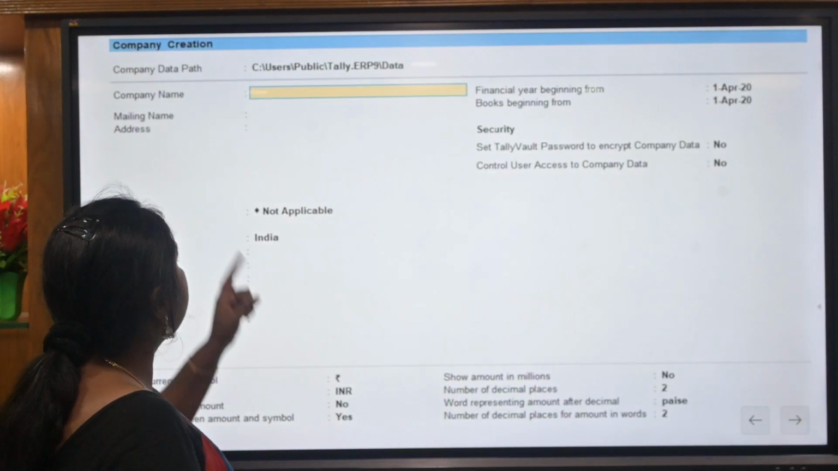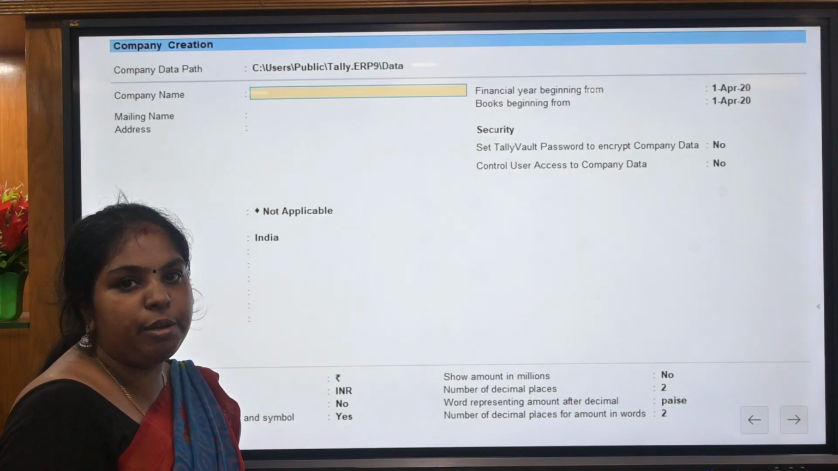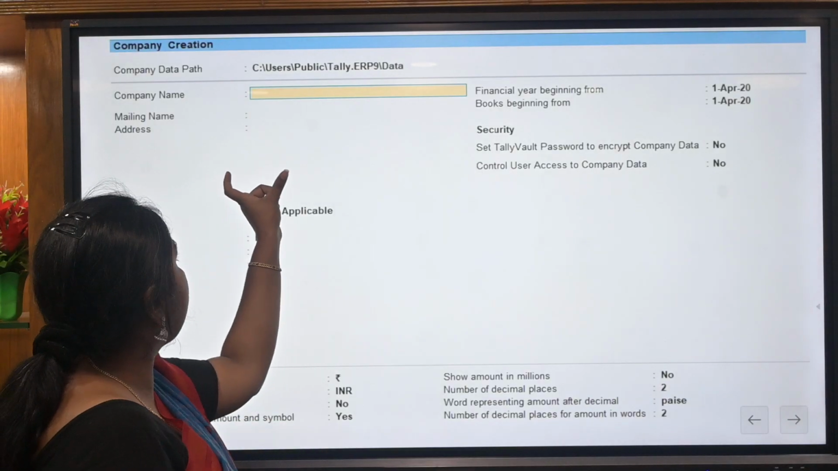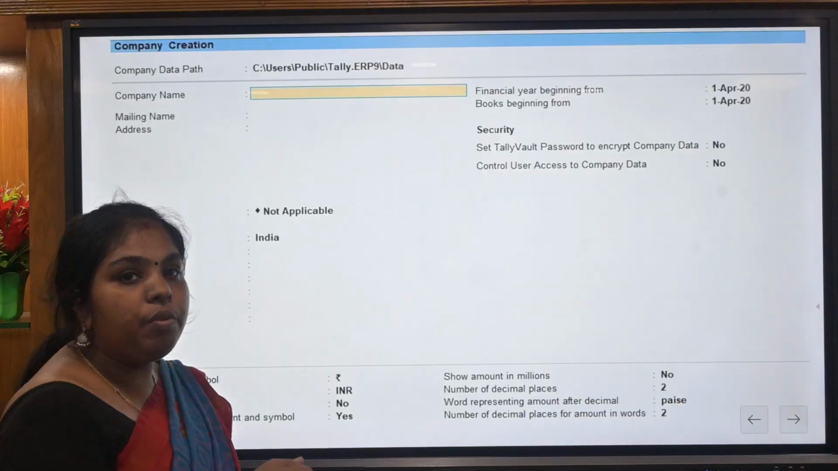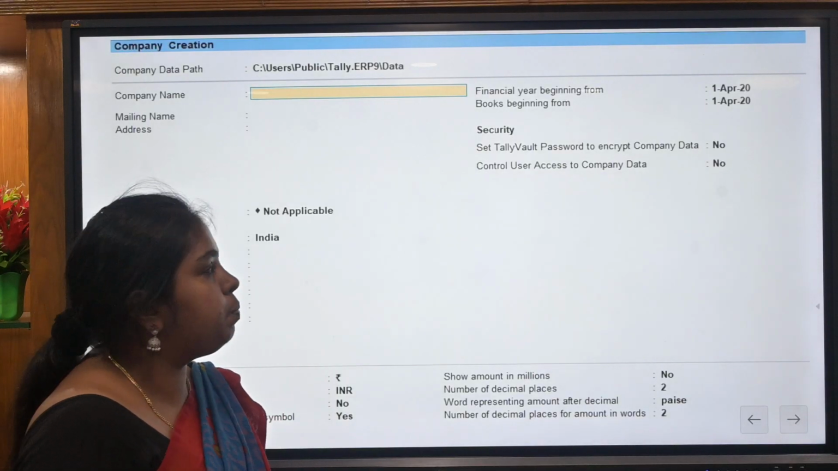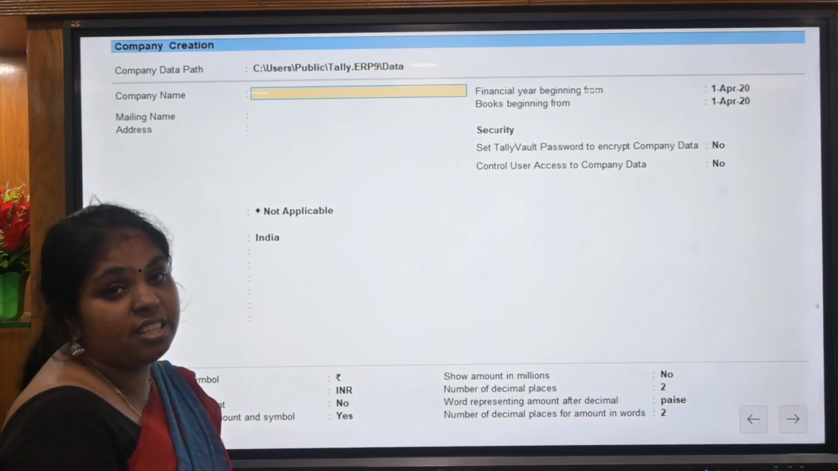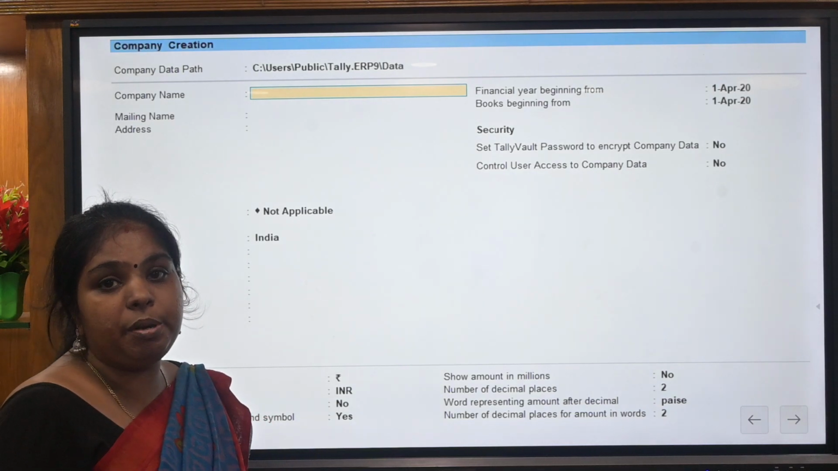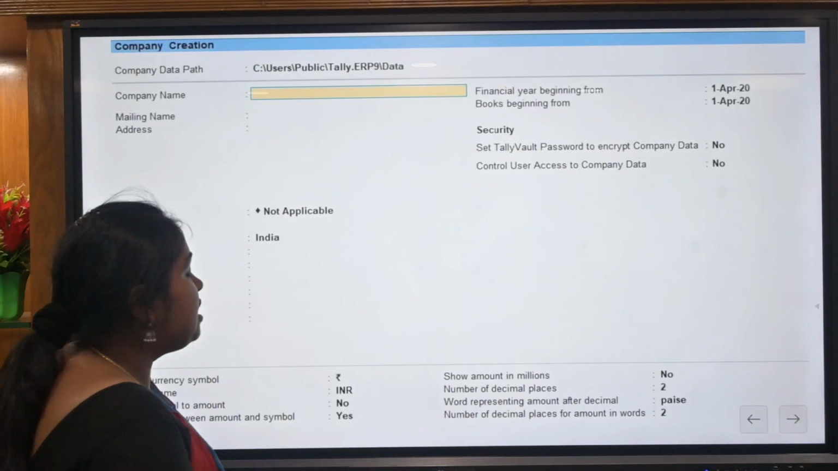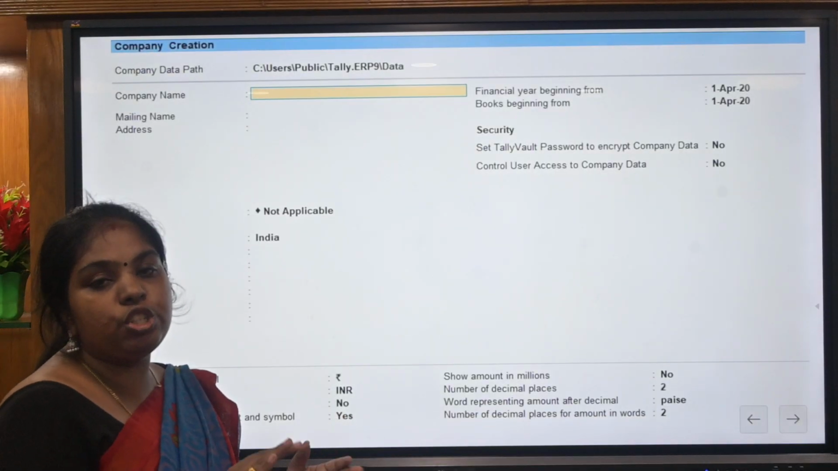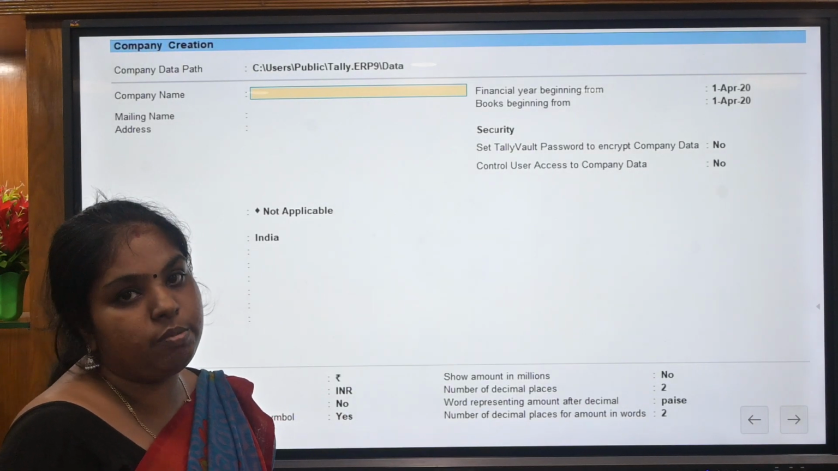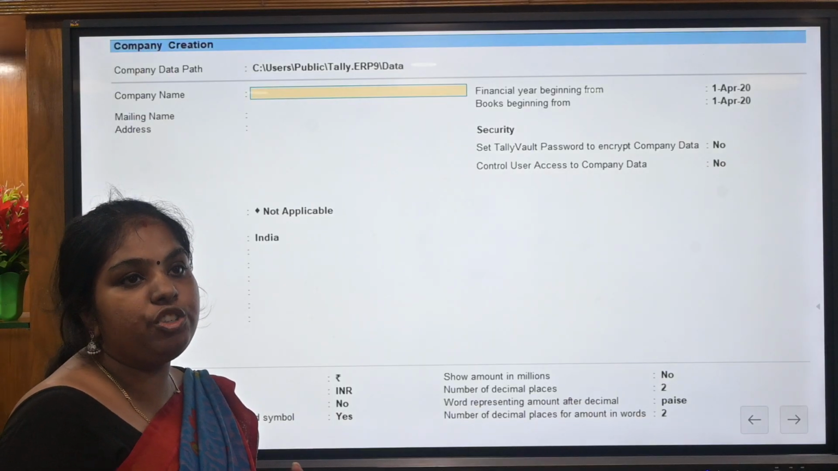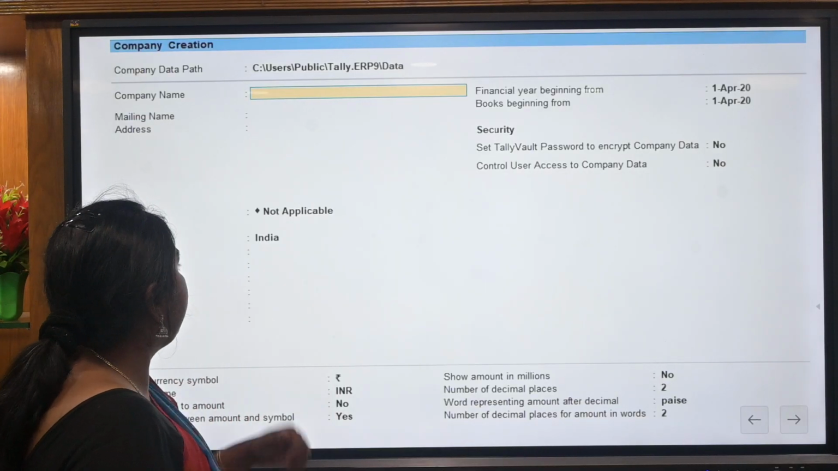be mentioned here. Then mailing name. Obviously there will be a mailing address for every company, and the mailing name must be given here, along with the address where the company is located. All details must be given in the address portion. Then state, which is Tamil Nadu, Kerala, Karnataka, the state which the company belongs to, has to be mentioned. Then country, in which country the company belongs, whether it is India or Japan or